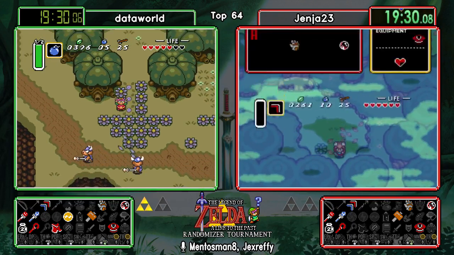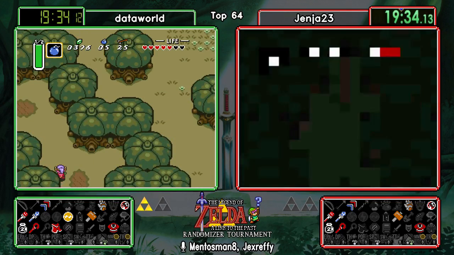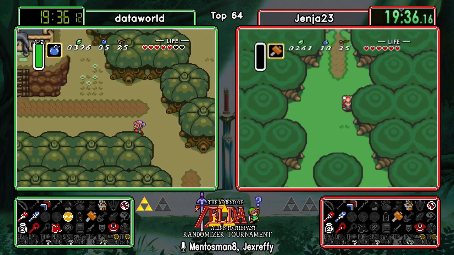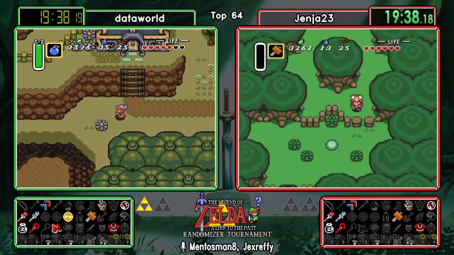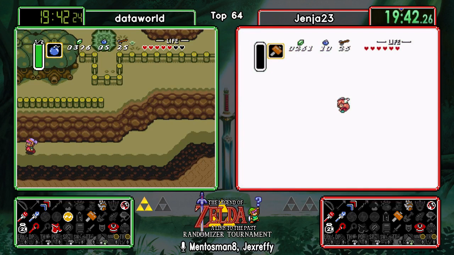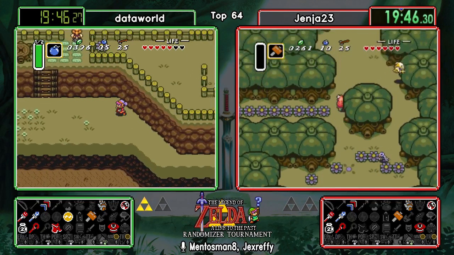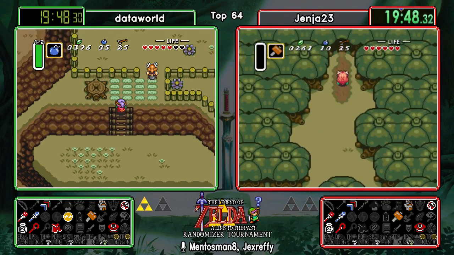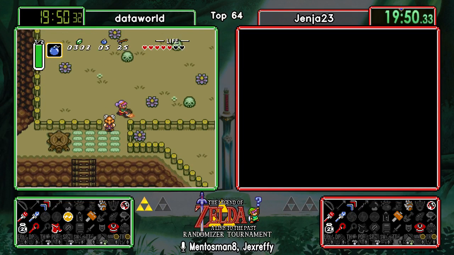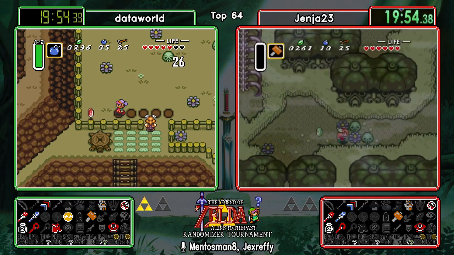We are getting some divergence here. Jenya did not check the back of Escape, and he is headed to the Dark World up here by Village of Outcasts, not down by Hype Cave. Kind of a double bit of divergence. I mean, at this point, until we see what Mire and Turtle Rock is, we won't know if Quake is actually necessary, but